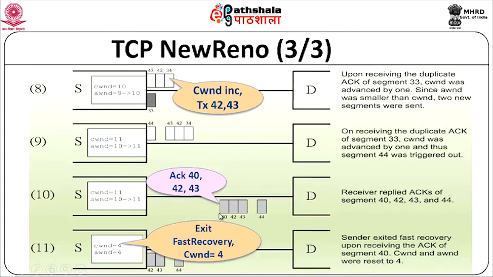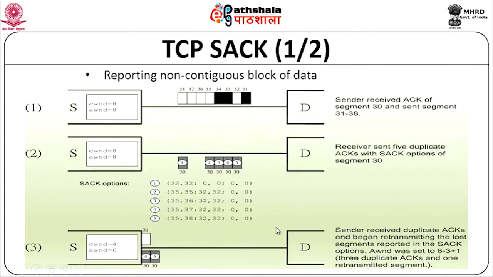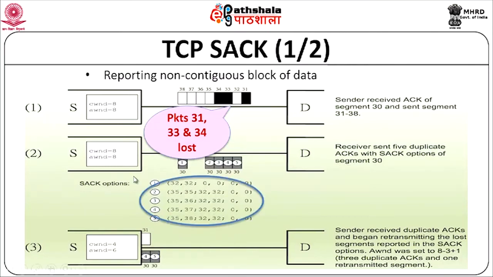Now coming to SACK, the selective acknowledgement. Here we have selective acknowledgements which are sent. Again, same situation: 31, 33, 34 are lost. When packet 31 is not received but 32 is received, the acknowledgement will specifically say that I have received 32, I have not received 31. You get a selective acknowledgement saying that I have received the block 32 to 32. When packet 35 is received and the acknowledgement is sent, it will tell you that 35 has been received and 32 has been received. So 33, 34 are missing. That information becomes available.